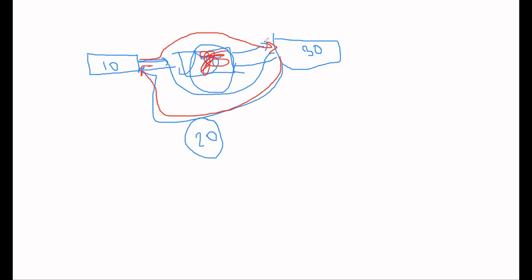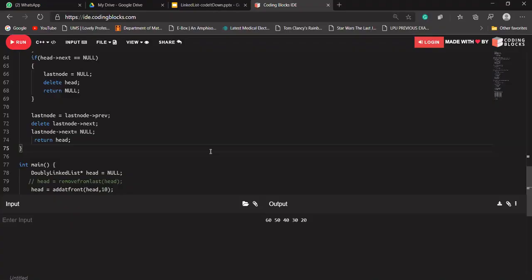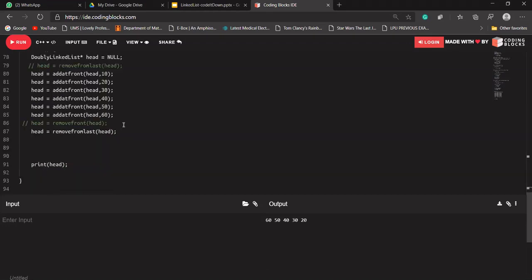Okay, let's quickly try to write the function for it. From the code you will get it easily. I'm assuming that nobody has any doubt regarding this. Let's try it. Okay, let's create a function.